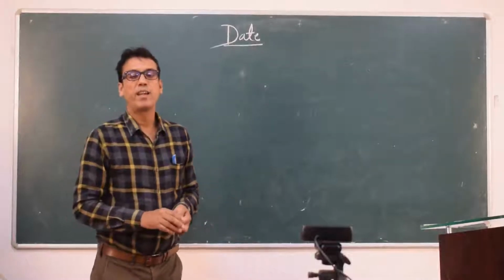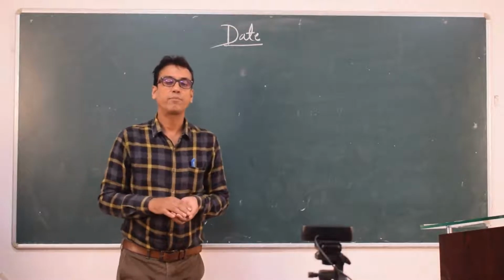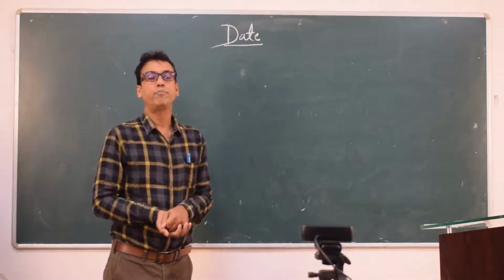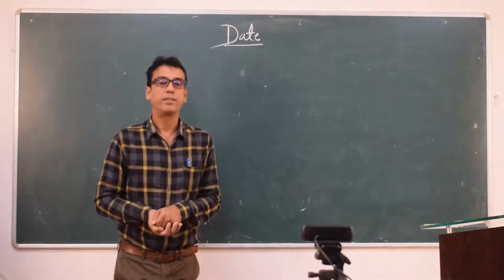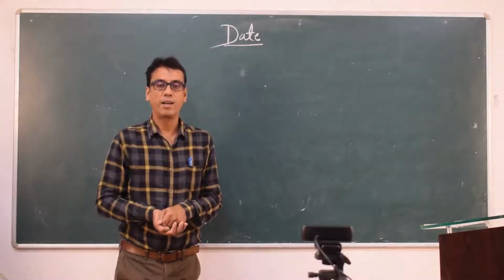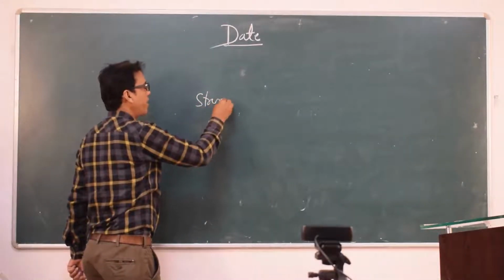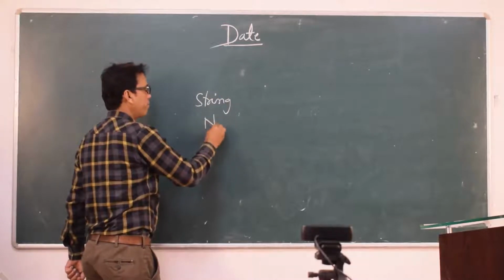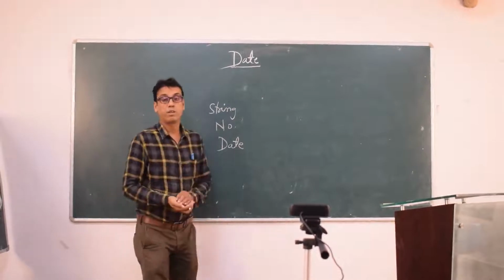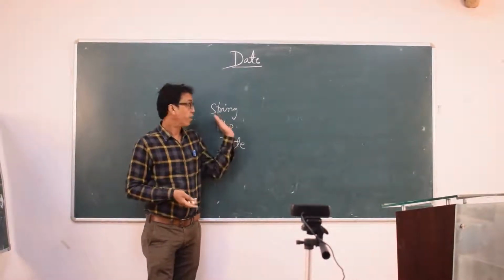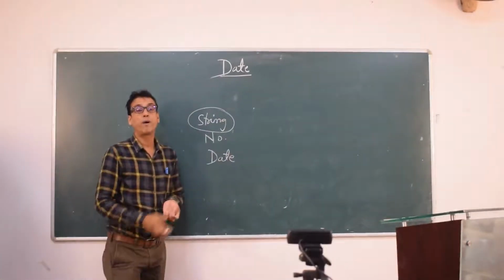Hello everyone. In the last session we learned the data types in Excel and we came to know that there are various types of data, but the three most important types of data supported by Excel are as follows. The first one is the string, second number, and third date. Three types of data. In the last session, we learned the string functions supported by Excel.